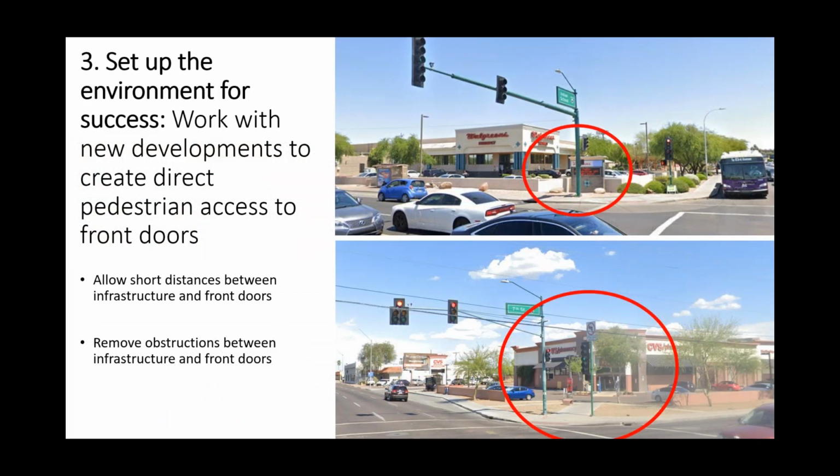So with that in mind, I also wanted to talk about setting up your environments for success. And this has to do a lot with urban design, actually. We can all relate to those corner drugstores that we have throughout our cities. And if you look at the example in the first photo, we have an average drugstore where if a pedestrian wanted to use the existing infrastructure, granted it's not a PHB, but we can talk about a PHB example as well,